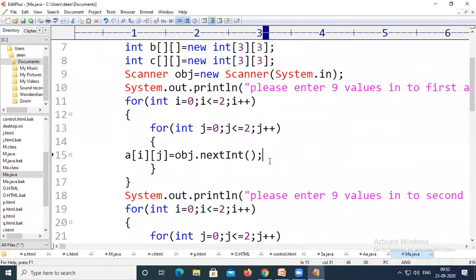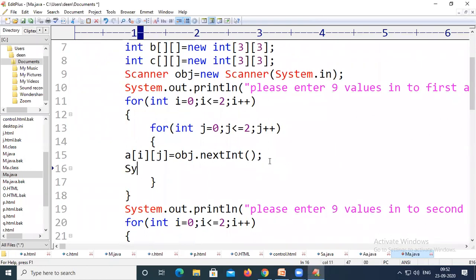My 2 statements here are System dot out dot print. Each and every time a value is printed, I need to have some space, so some space will be added between 2 elements in the same row.